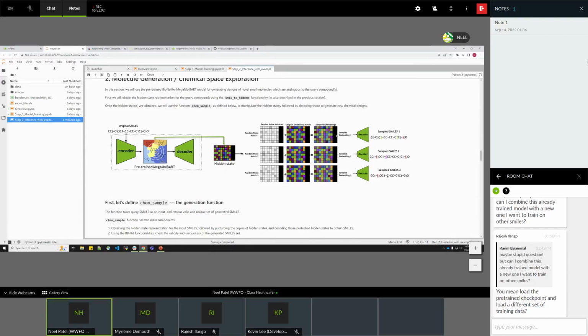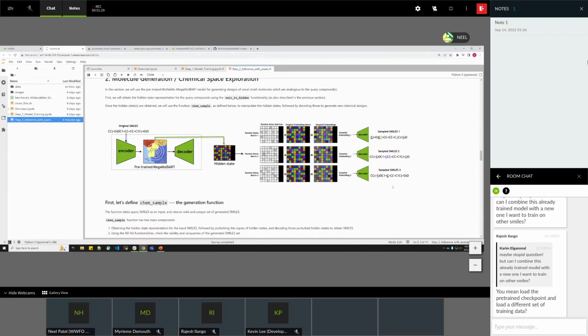Then we ask the decoder to decode these slightly modified hidden states, and what you obtain are slightly modified SMILES. Chances are they will reside in close proximity to the original query compound in the hyperdimensional chemical space representation,